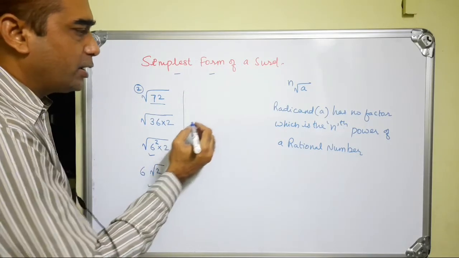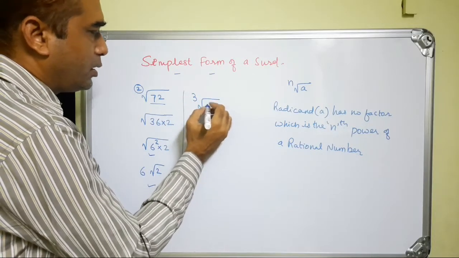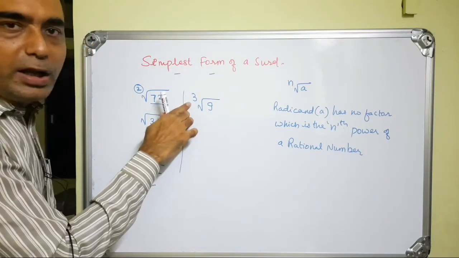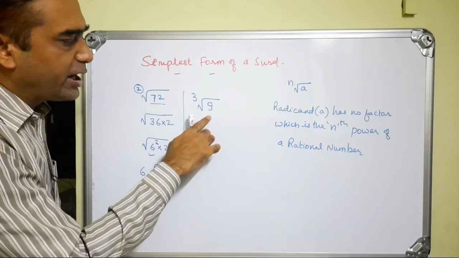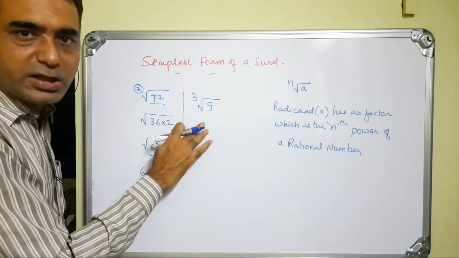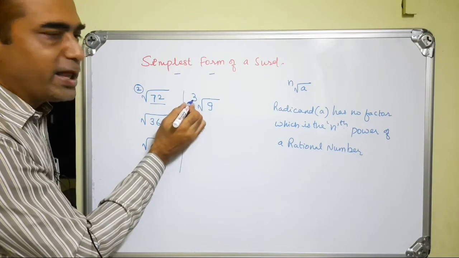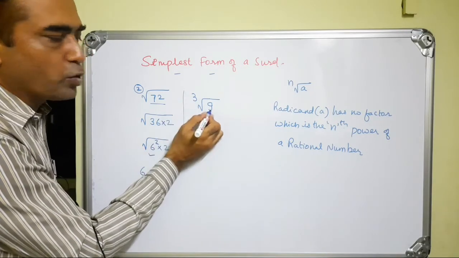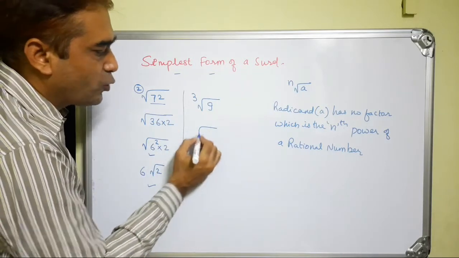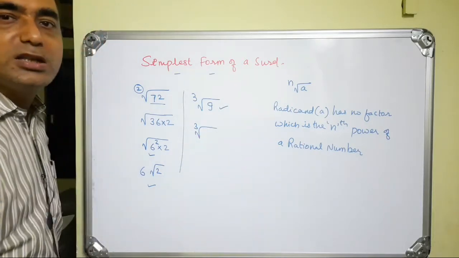Now let's take another example. Suppose cube root of 9. Now cube root of 9 order is greater than 1 and the radicand is a positive rational number and this whole number as a whole is irrational. Therefore this is a surd. Now 9 में कोई ऐसा फैक्टर है क्या जो nth पावर हो, यानी कि 3 पावर हो किसी नंबर का? तो 9 इज नॉट द क्यूब ऑफ एनी नंबर. 9 किसी का क्यूब है क्या? नहीं है. Therefore this number is already in the simplest form.